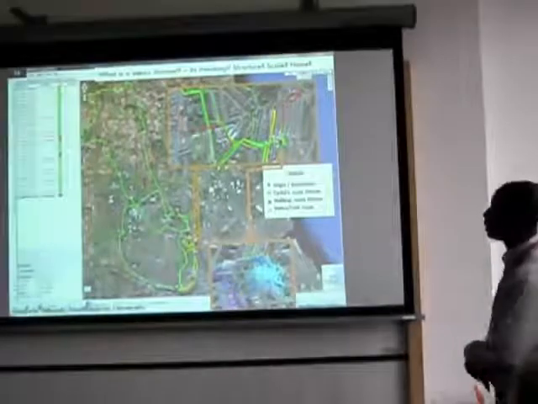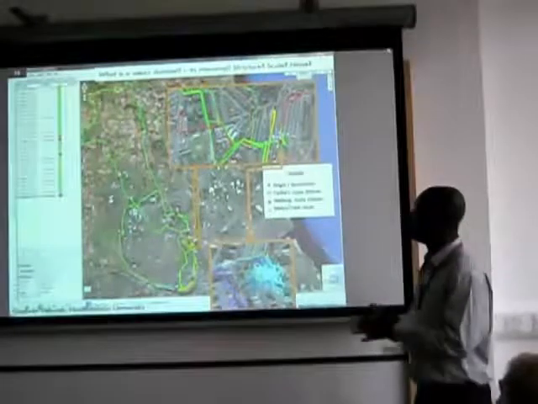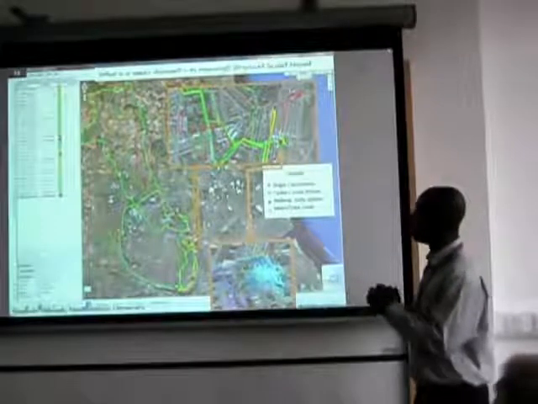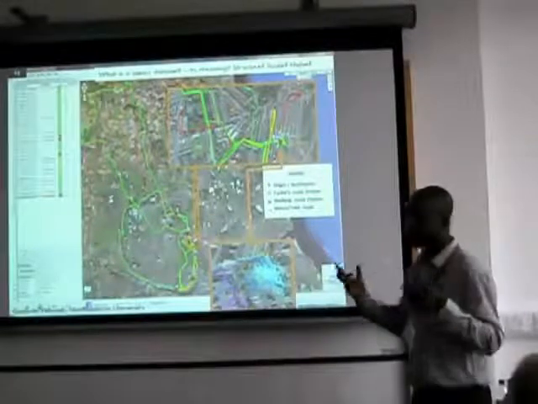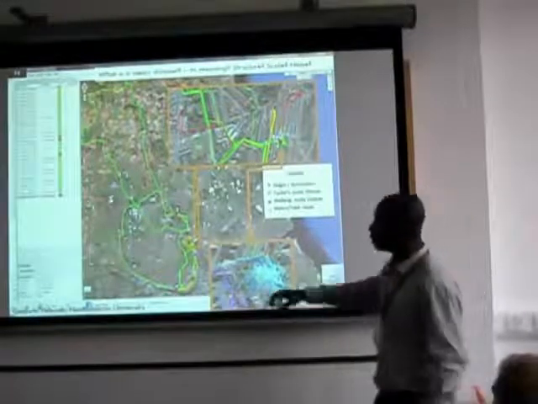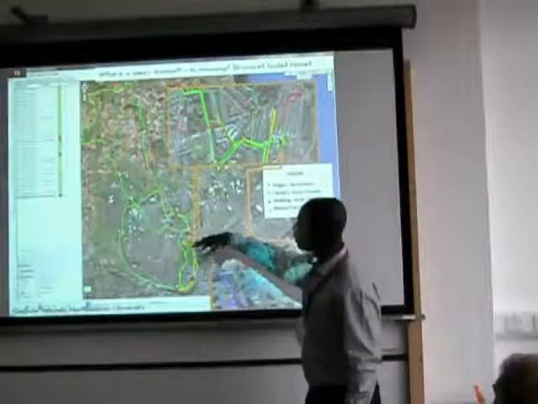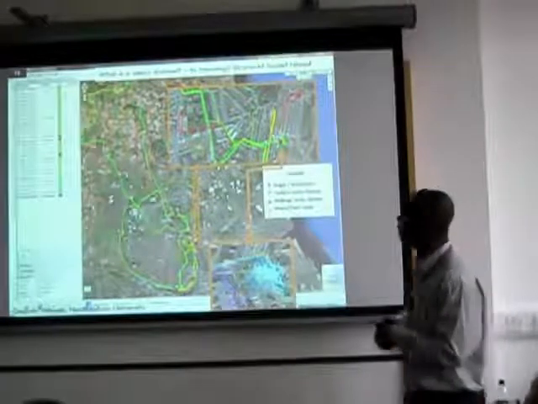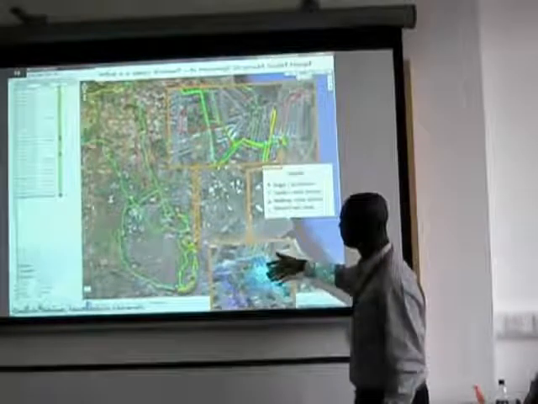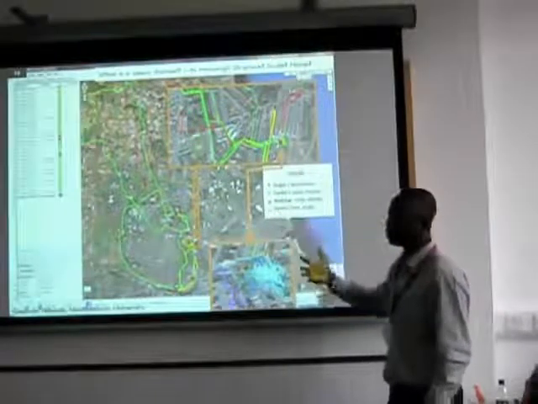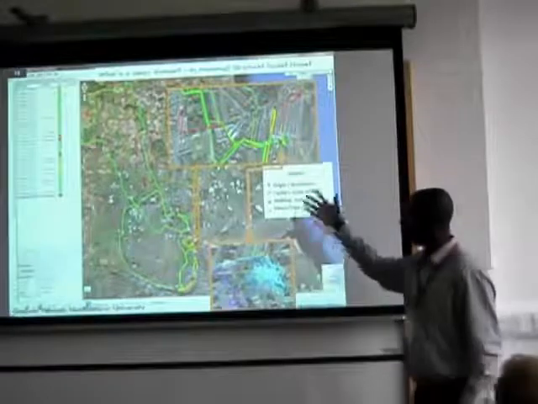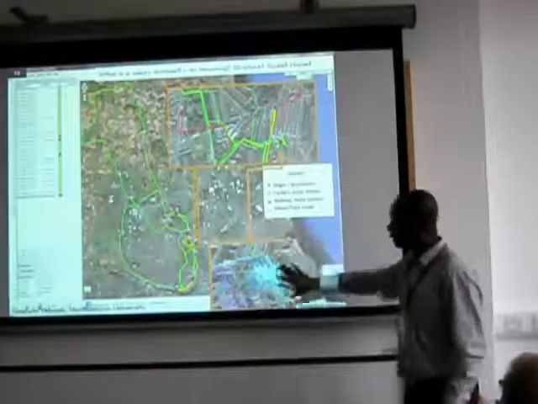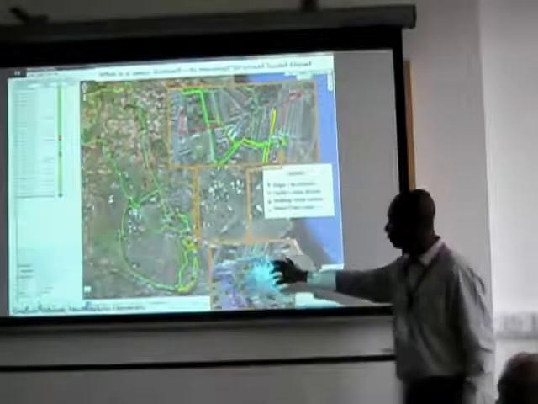So what you see here is a typical example of raw data from a participant, and depending on how you look at it, depending on scale, you could perhaps look at it and judge that it's not that messy. Or if you zoom in, then you realize that it's somehow messy. So it depends on the scale and how you want to use it. In my case, I didn't want this. I wanted the details, so I had to find a way to clean the data.